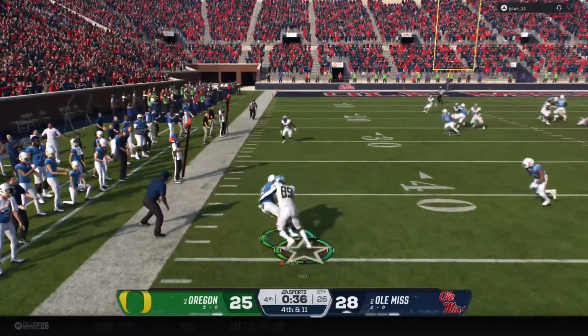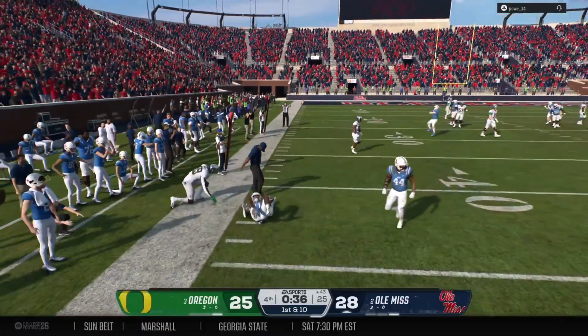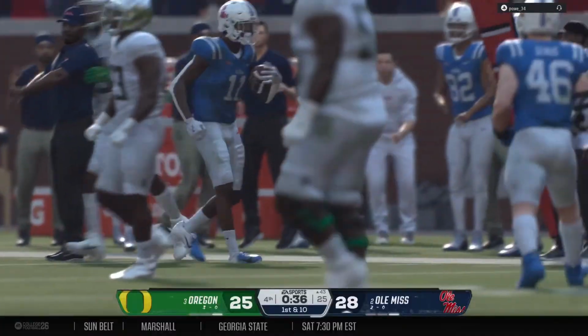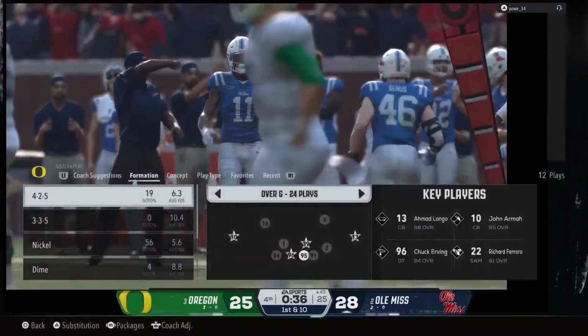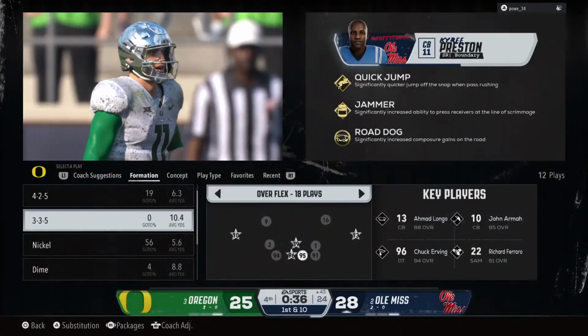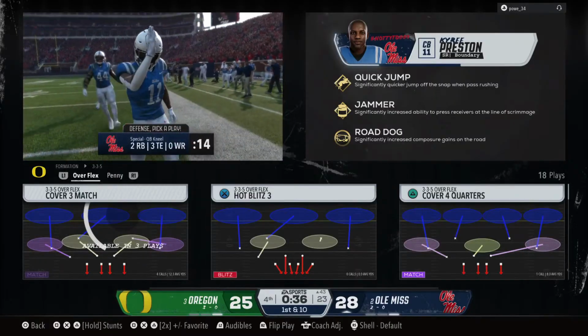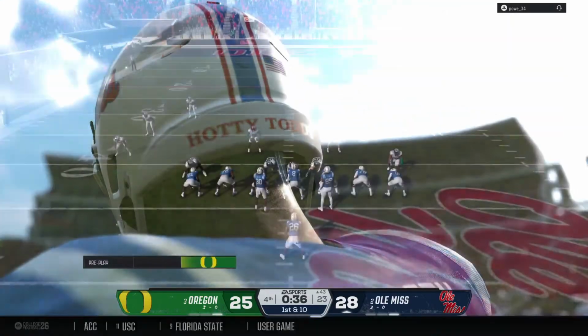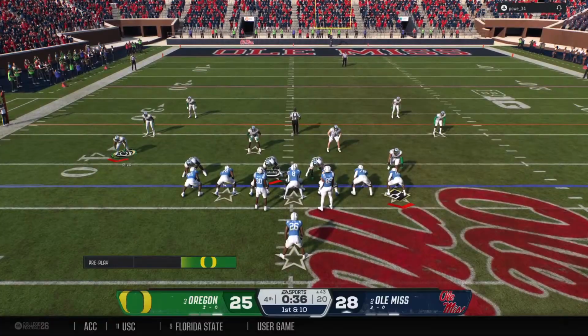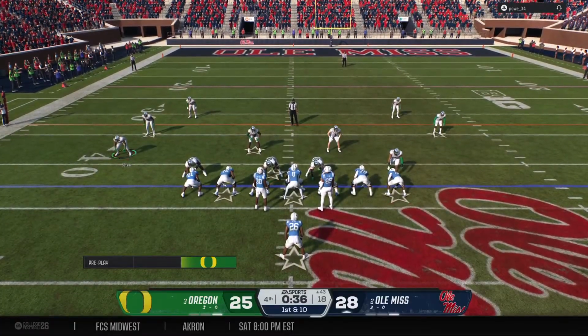And the pass is intercepted. A takeaway for the defense. The defense is going to win this game, crushing any chance of a comeback. Now they can secure the W by just kneeling down. So the job is simple here. Just take a knee, run out the clock, and begin the celebration.